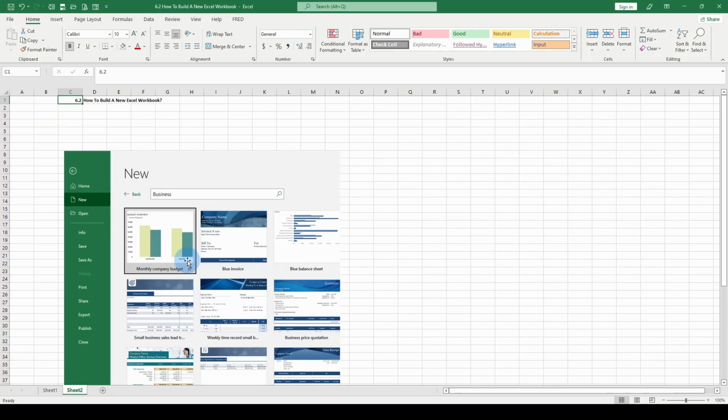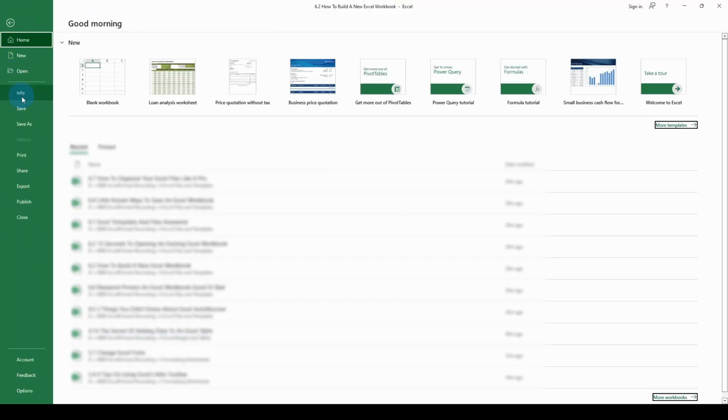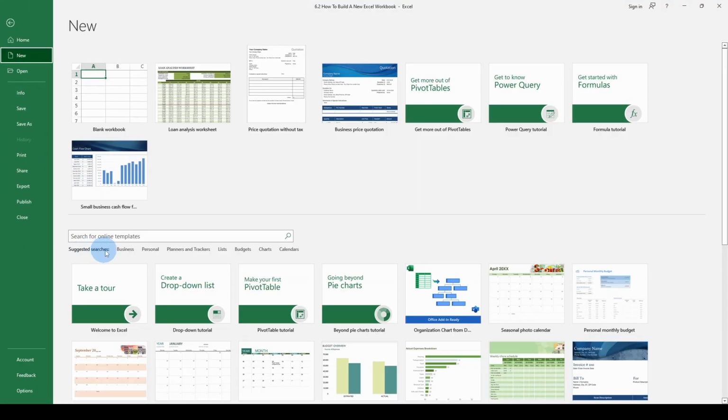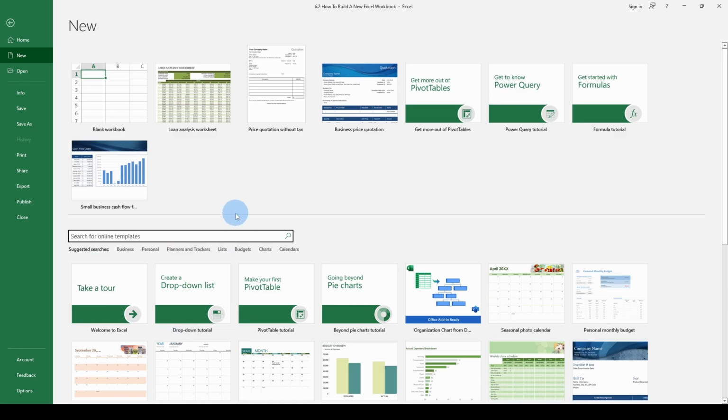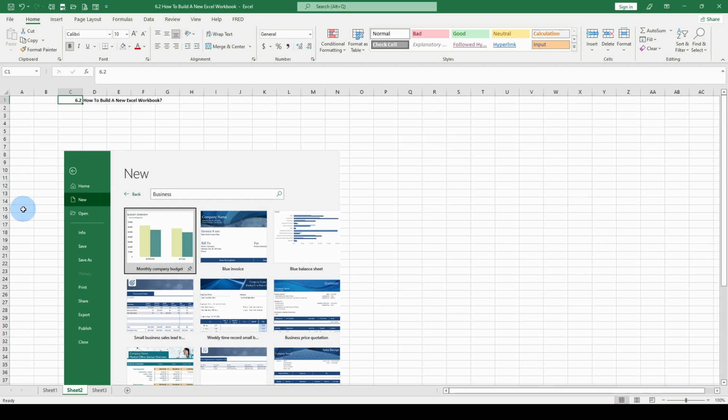Control F4, File, New. You go across here, suggested searches. You can look at the long list of templates and do a search. You can go up top here to see what you've looked at recently. A lot of options. Now, if this is your first introduction to Microsoft and Microsoft Excel, when you open the